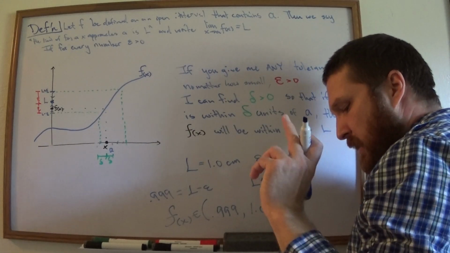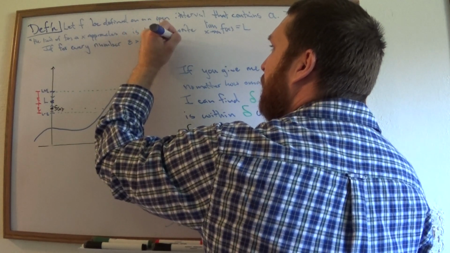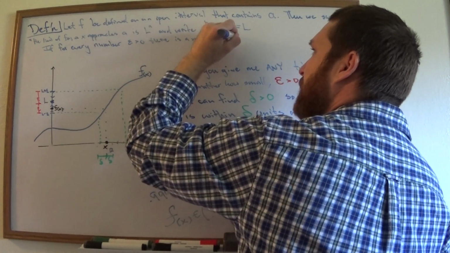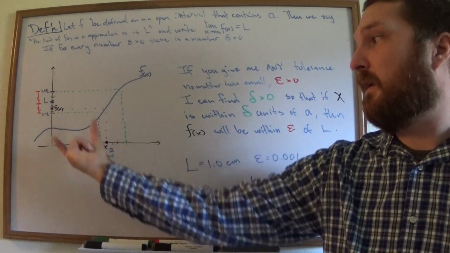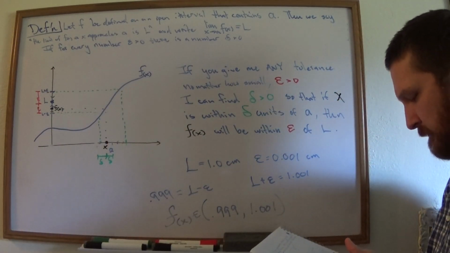If for every number epsilon there is a number delta, also positive, so you give me a tolerance, I can find another distance right here, right? There is a delta